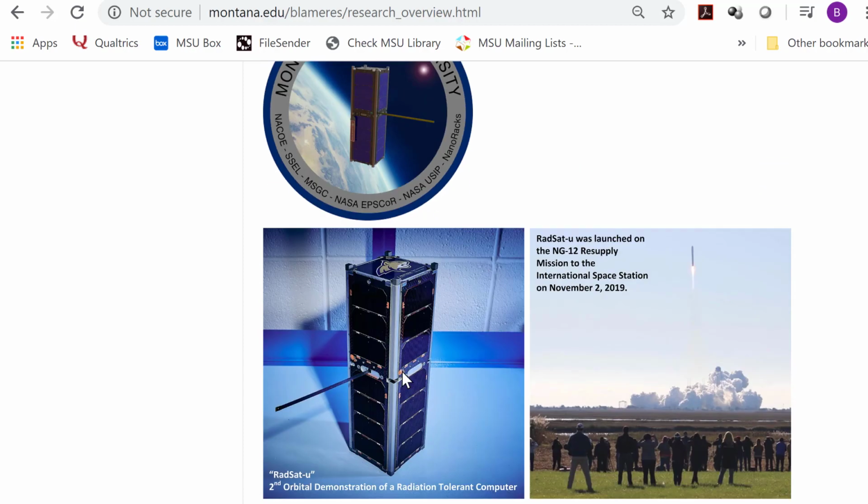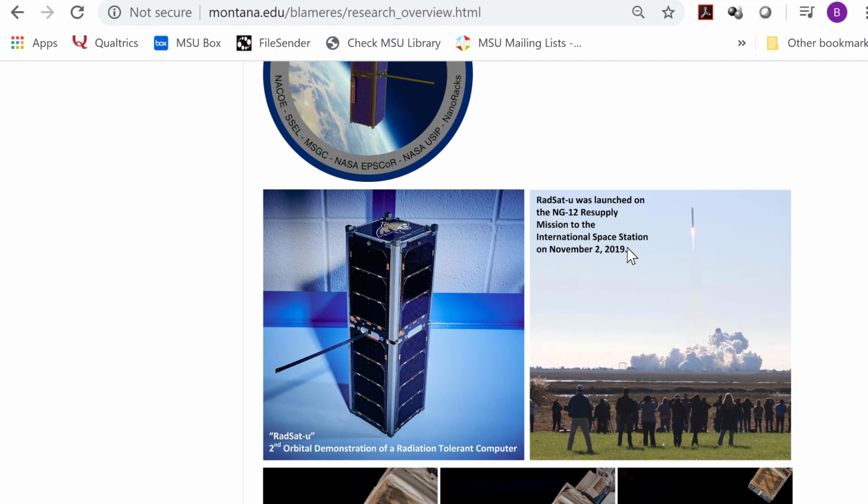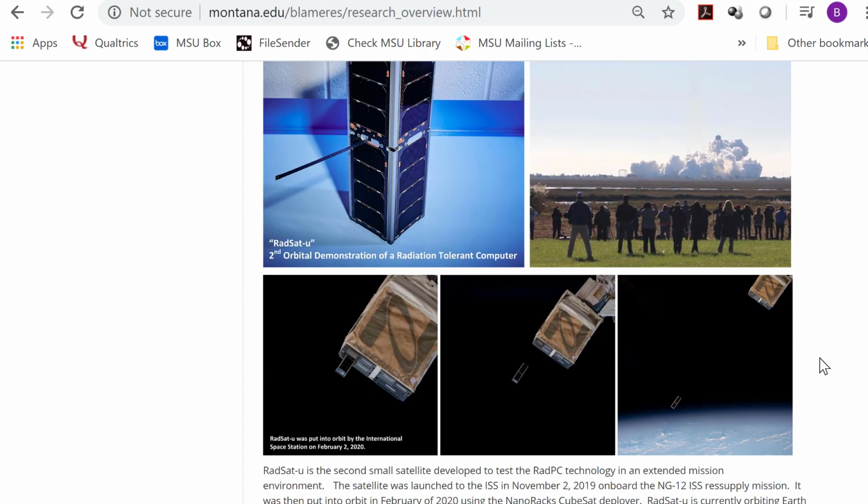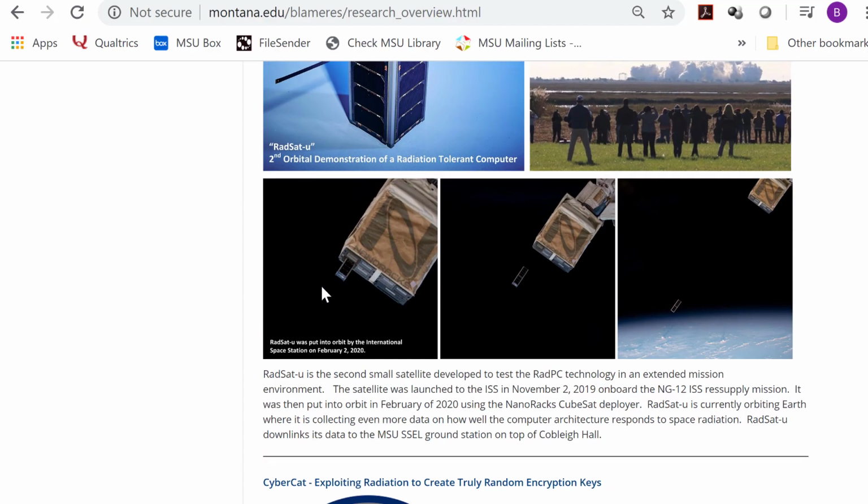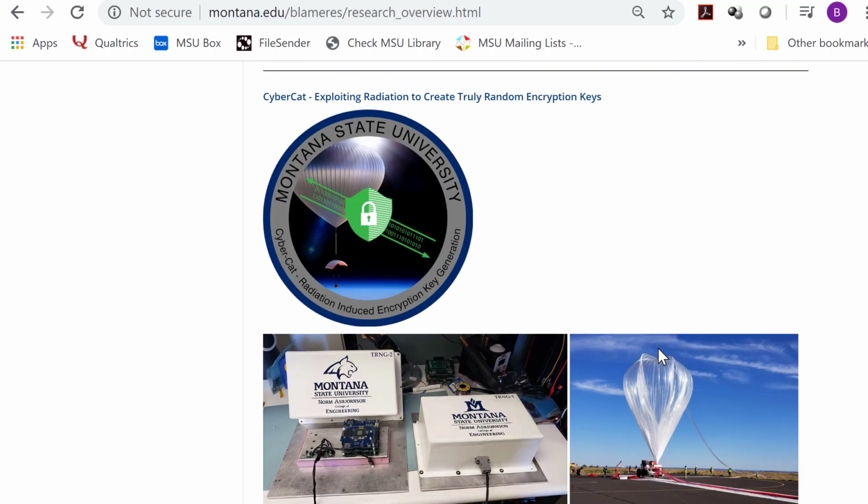This is a picture of it right here. This is its launch back in November of 2019. I'm standing in this crowd right here with my students watching that go off from Wallops Flight Facility. Here's a picture of it being pushed out of the International Space Station, so it's in orbit right now. We have a second